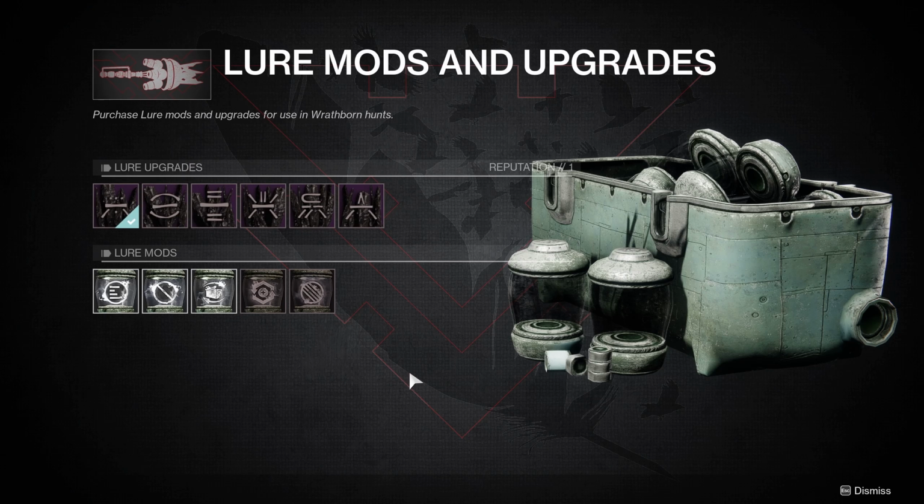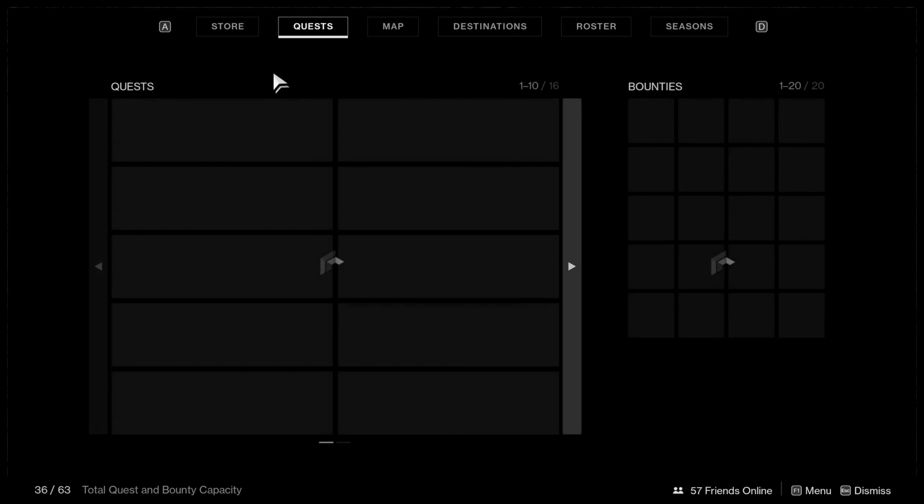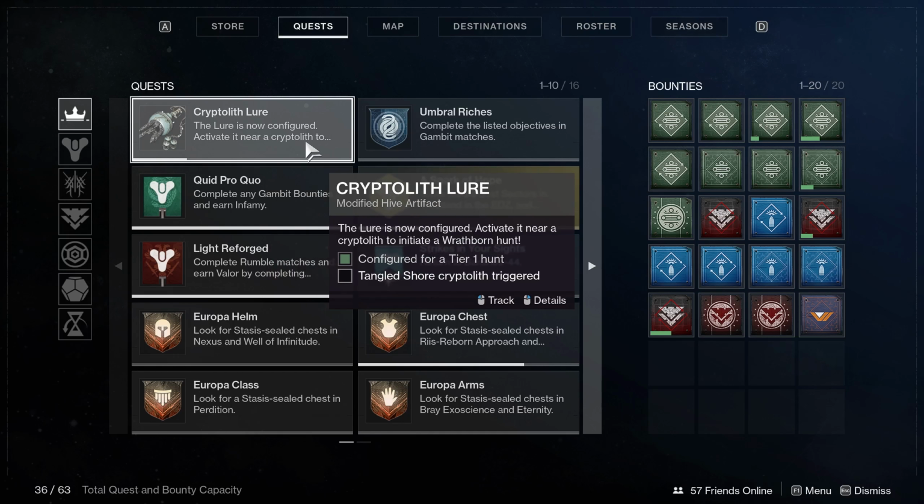Now, that kind of covers what you're working on upgrading, what you're doing, and what you're going for. The final piece is when it comes to this itself, the Cryptolith lure. I've configured it because I had a couple charges, but once you use up those charges, you have to refill this thing every 3 hunts. Now, as of recording this video, as of November 17th, when I started recording this video, there's a lost sector